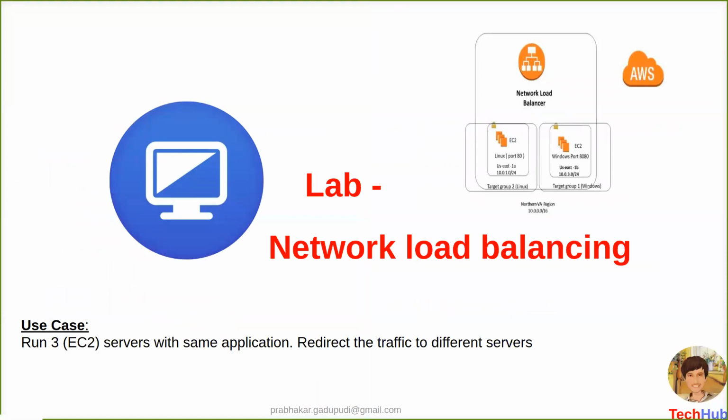Here I'm taking a use case. I'm going to install the Apache application on three EC2 instances. Whenever I access my instance via the load balancer, it will decide which way to distribute the load, that is, which EC2 instance to call. Here I'm using the default Apache with the default index page. Okay, let's go ahead and check that.